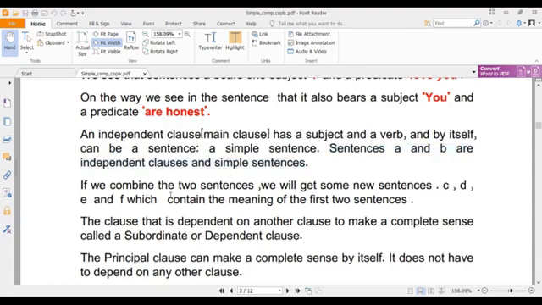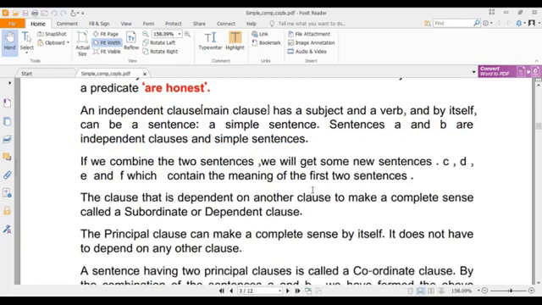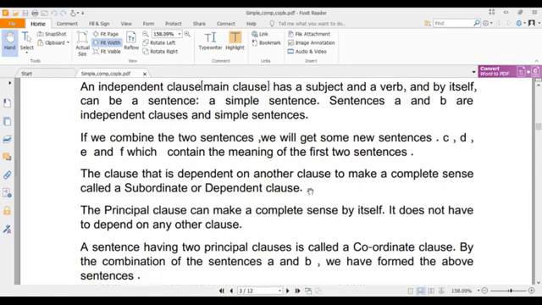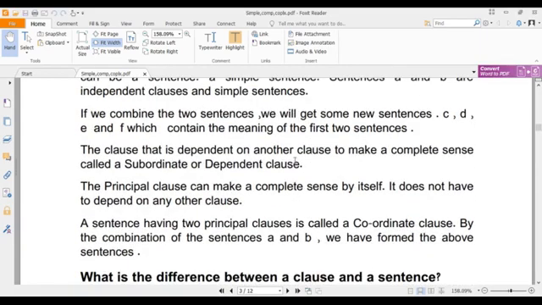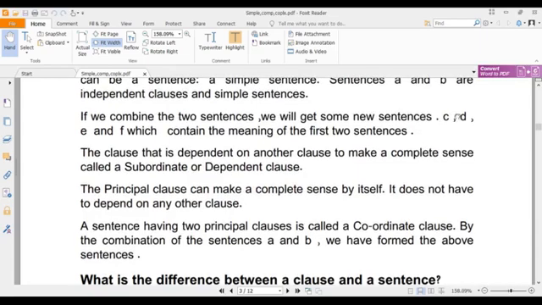If we combine the two sentences, we will get new sentences C, D, E, and F, which contain the meaning of the first two sentences. অর্থাৎ C, E এবং F এই সেন্টেন্সগুলো কিন্তু A এবং B সেন্টেন্স দুটোর কম্বিনেশন, এবং এদের দুটোর অর্থ একসাথে যা হয় এই বাক্যগুলোর মধ্যে তাই আছে।